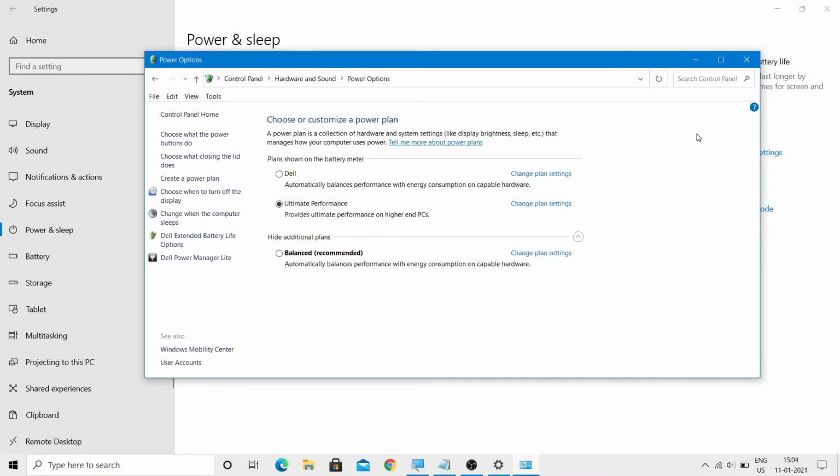So guys, it's not necessary, you only need to open the PowerShell, then copy the command over there. You can also try this in Command Prompt, which means you can also copy the code in Command Prompt, then you can press enter. For that you need to run Command Prompt as administrator and copy that code again there. Now after that press enter. So this will also enable the ultimate performance mode on Windows 10.